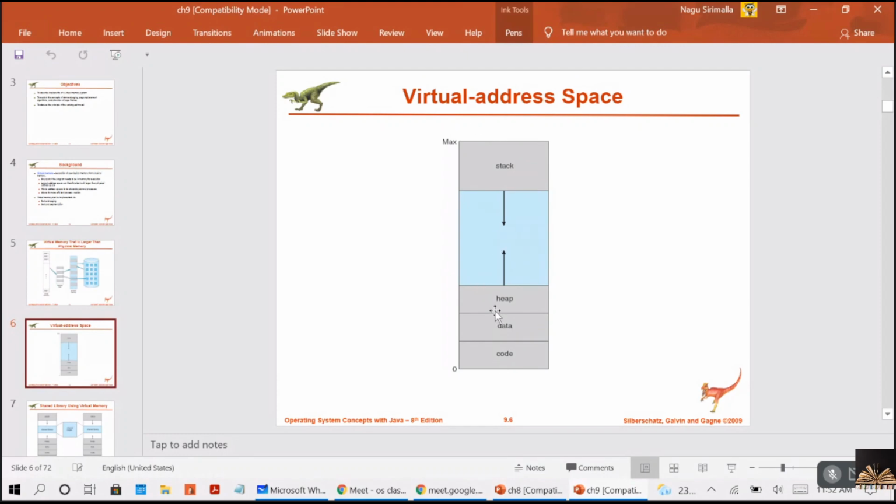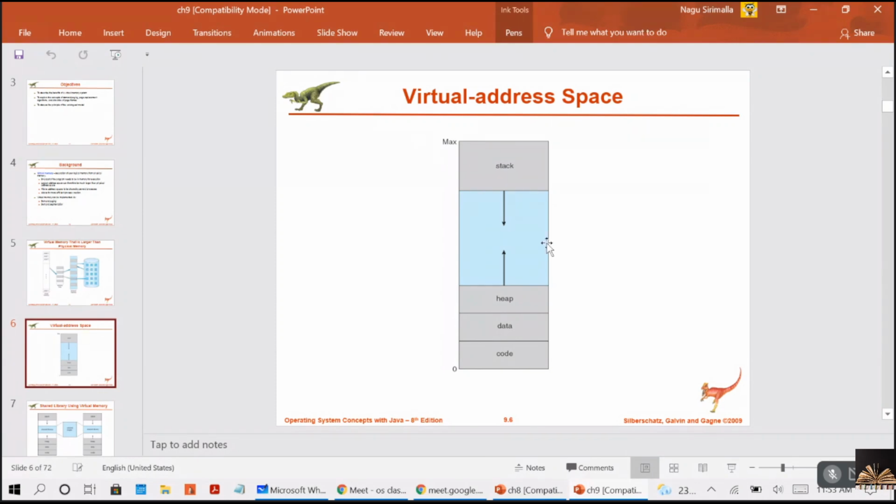One is stack and heap, right? And you are having a big hole, that is, empty space. When you are loading more processes, the stack can be extended downwards and the heap can be extended upwards. So that way you are going to fill your virtual address space. Addressing, we are starting from 0 to max. And from the bottom you are giving the addressing, right? It is starting from 0 to max, right?